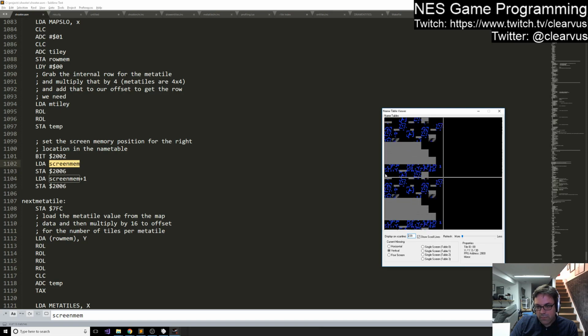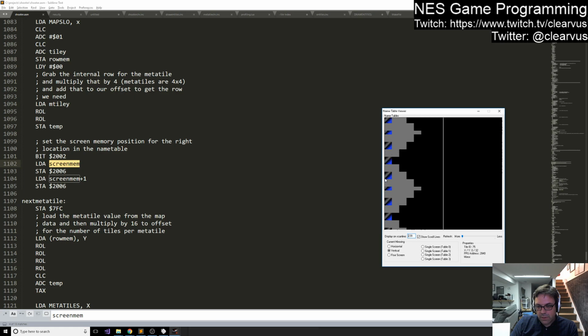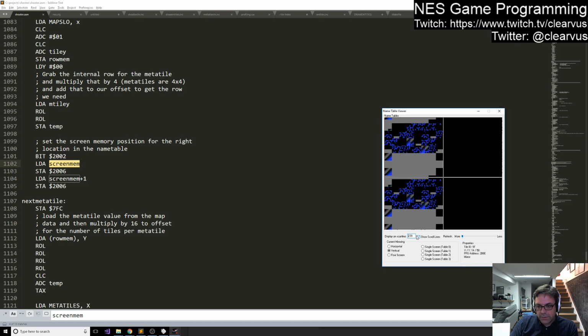Oh, is it the overscan? Should it be? No, it would just be this. But the scrolling is going past that. But you wouldn't see it. So I'm wondering if this has to do with